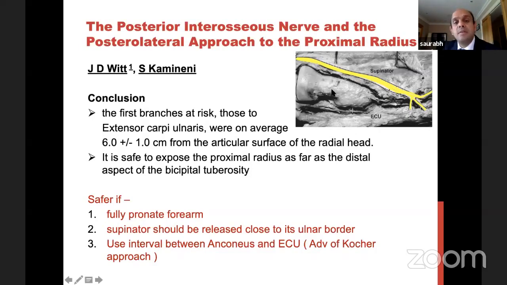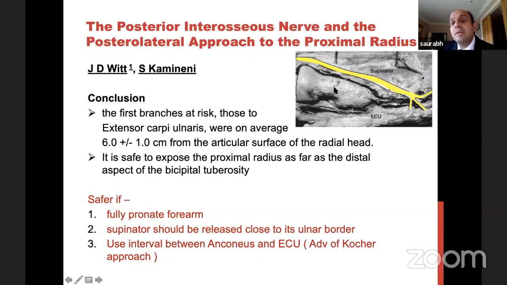So they've done cadaver studies, and what they found is in studies up to 5 centimeters from the tip of radial head. But practically, I would say, take your ruler. This is what I do. From the top of your radial head, I mark 4 centimeters, which is roughly to the end of bicipital tuberosity, radial tuberosity. And I know those top proximal 4 centimeters, I'm in a safe zone.